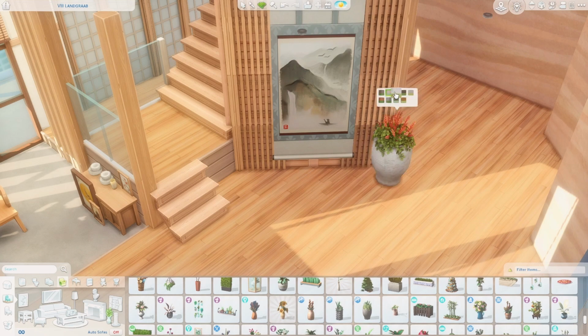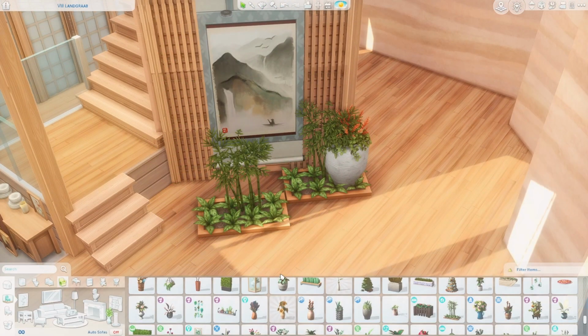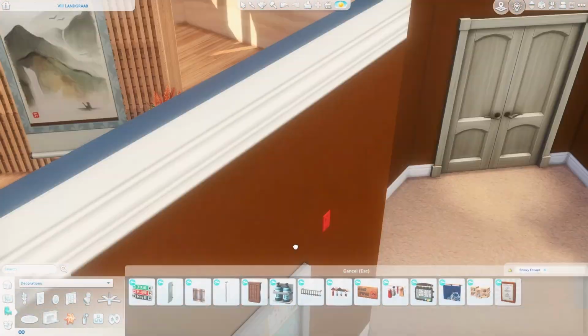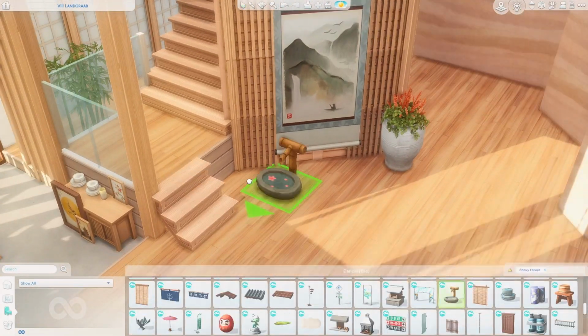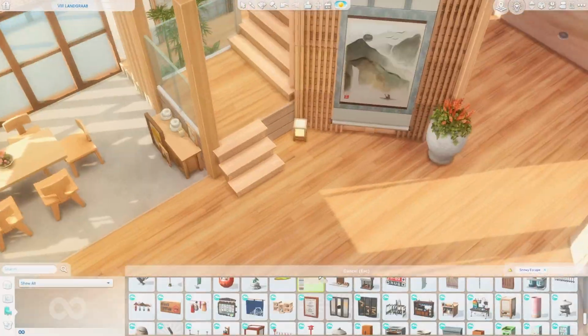But yeah, I wanted to try and build something that had that Asian inspired Japanese style and put a little twist on it, and I really like it. It's definitely, like I said, different. I don't really do apartments, but I hope that you guys like it. And yeah,